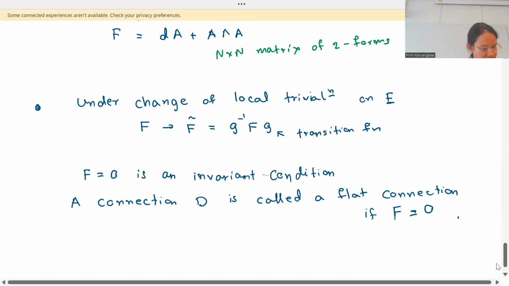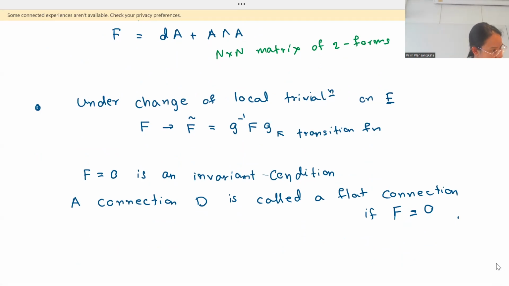There's one last thing I would like to say about the curvature before we go on to the anti-self-dual Yang-Mills equation. Okay, there are two more things. Okay, first thing is that,